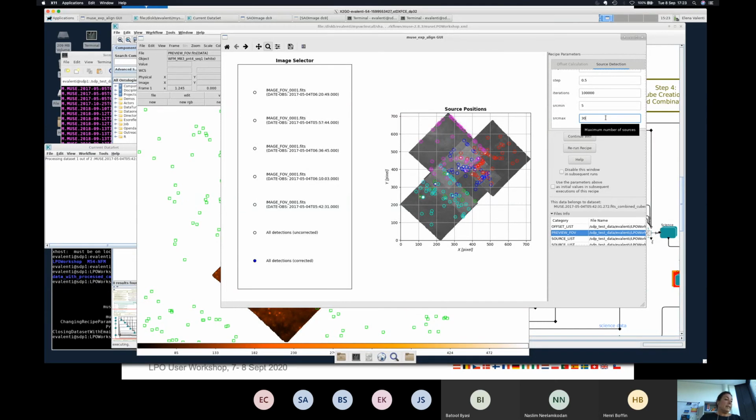So hopefully in this way I'm going to get rid of the fake sources on the edge, and I'm going to take the brightest ones. So at this point, I rerun the recipe,